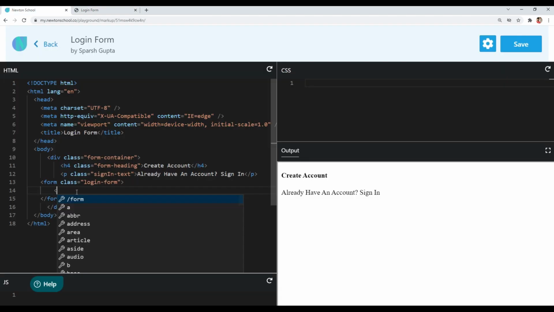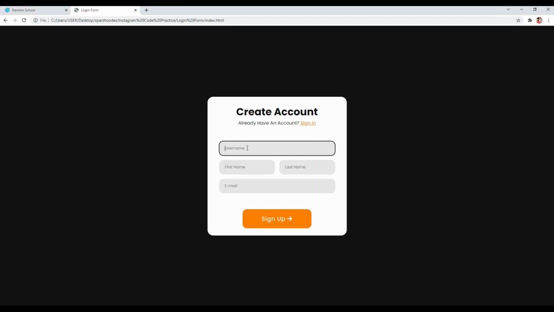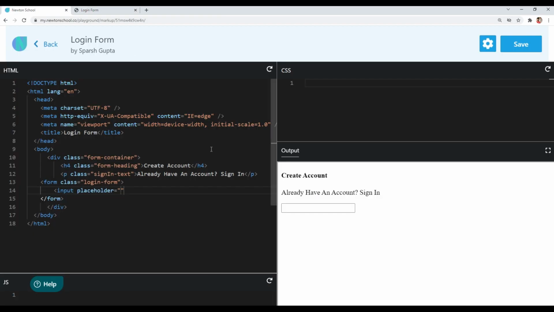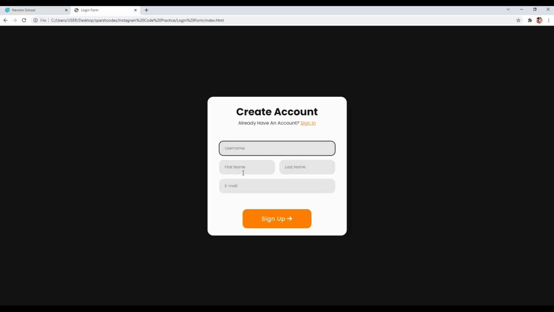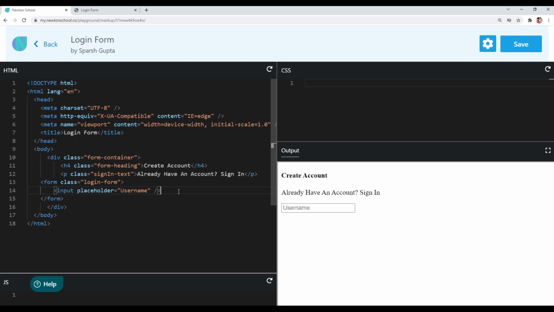I will use the input tag and give it a placeholder. You can see the placeholder here is username, so I will write username here and close the input tag. Now here you can see the first and last name are in one row, so I will group them in a single container.